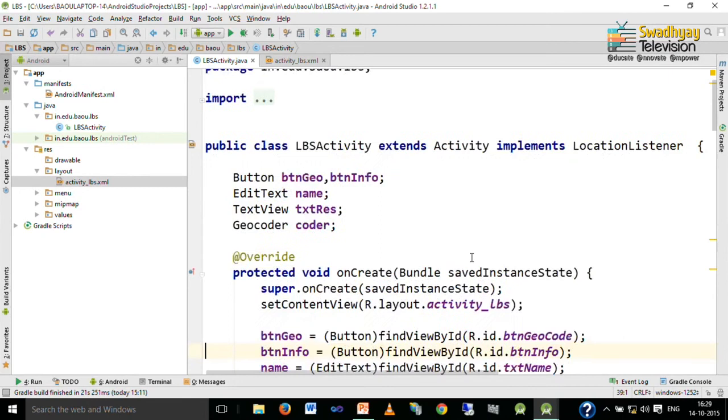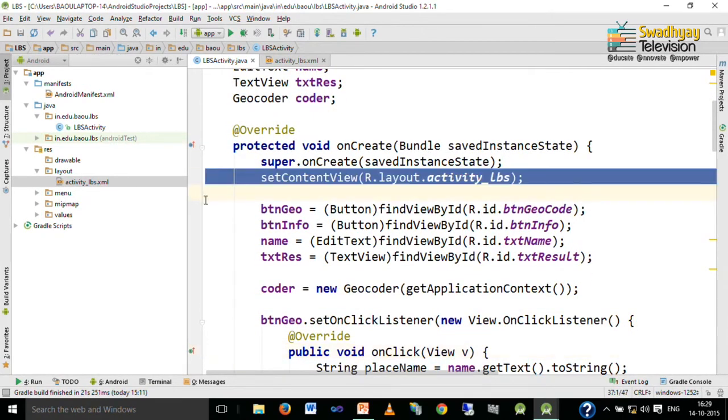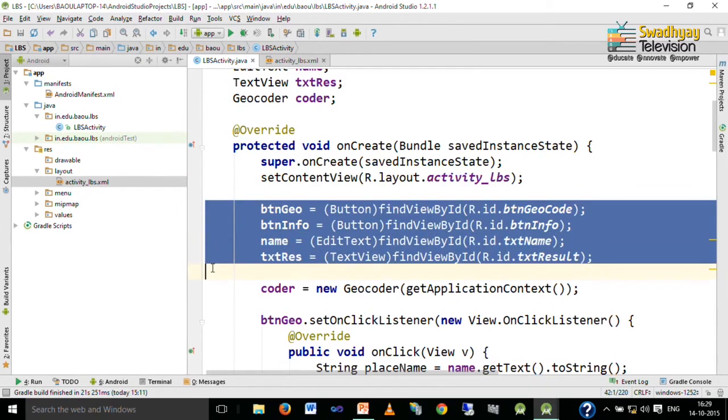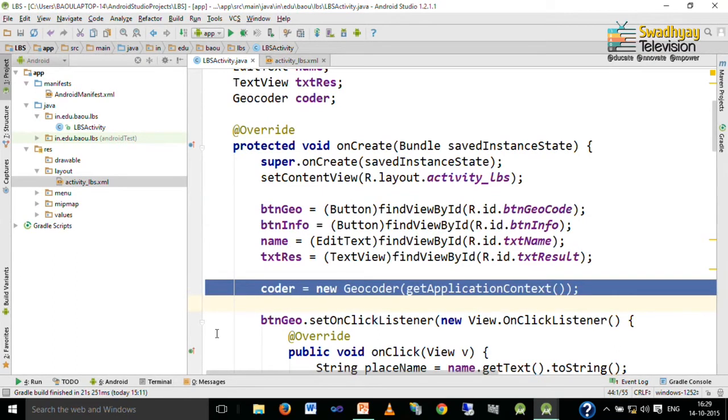So, here inside onCreate you can see our content view is set, then we take references for the buttons, edit text and text view, and then we create an instance of our Geocoder object. Its name is coder. So, we write coder is equal to new Geocoder, and it takes the application context as an argument.